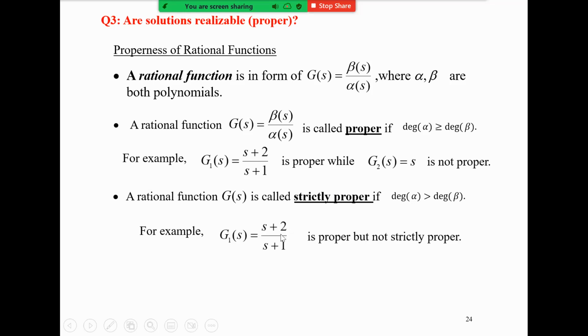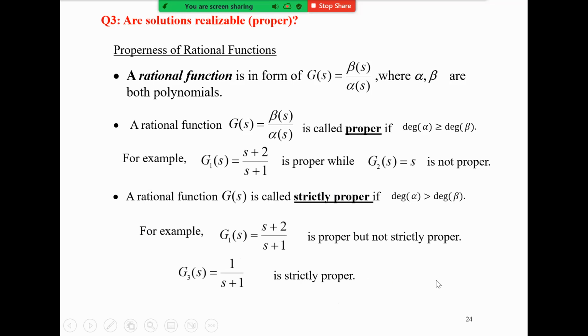For example, this one we know is proper, but those two degrees are the same, both of them are 1, so it is not strictly proper. If we have this transfer function, the degree of this one is 0 and this is 1, so it is strictly